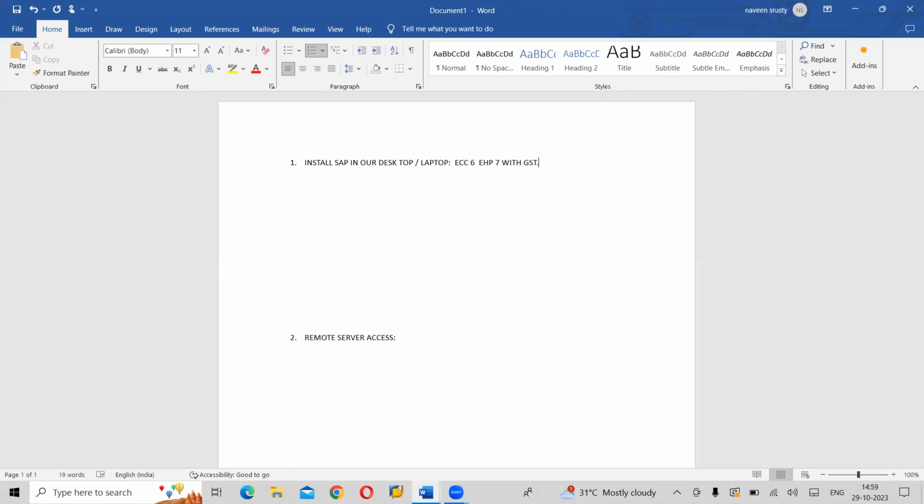We can have remote server access here also. But if I want to install the server in my laptop or desktop, what would be my system requirement?